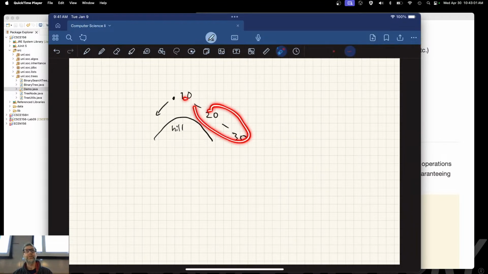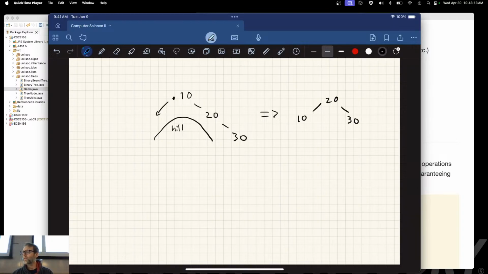Everything over here is greater than 10, excuse me. 30 is greater than 20. So what ends up happening when you do this is that you end up rebalancing it. 20 comes up to the new root, and 10 is on one side of it, and 30 is over here. Right? That is called a rotation. Right? And there are actually 3 other rotations, and I'm not going to get into it, but you have, what